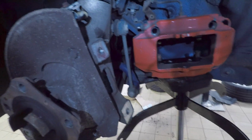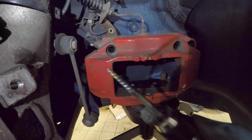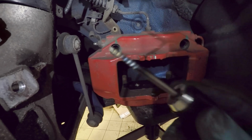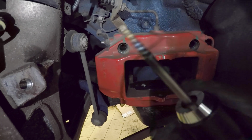So we've had a bit of success with the bolt. I'm just going to run through what we've done to achieve it. We attempted with the chisel just to try and move it around, but it didn't work. So what I've done is I've drilled a little hole through the middle of it, and I'm going to use this easy out. Now this isn't something I tend to use, because if the easy out snaps in the bolt you're trying to remove, these are incredibly hard, and attempting to drill out the easy out that's stuck in the bolt can sometimes be near on impossible,